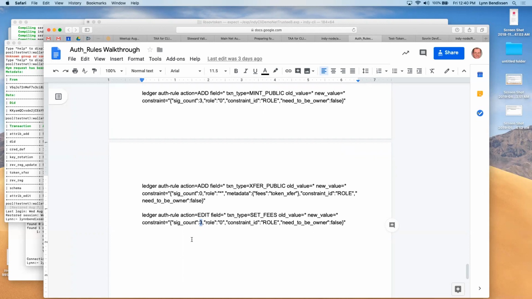By leaving that out, the default is 1. So if any of these have an error as I'm going through, I can rerun it again and fix it, right? But if you set that up in this way and then change it so that it takes 3 trustees to do a bunch of this stuff, but you only have 1 trustee on your test network before you do that, then you're in trouble. So either add more trustees so that you can try this out, or change a bunch of these 3 trustee things to be just 1 trustee for your test environment. So it's a good thing I remembered that one, because that's a big deal.